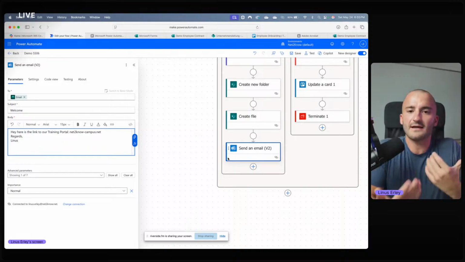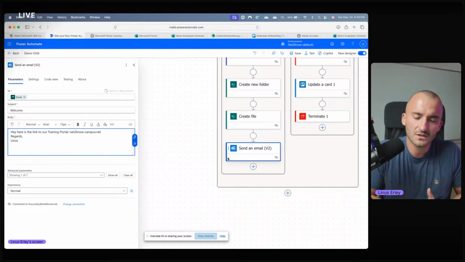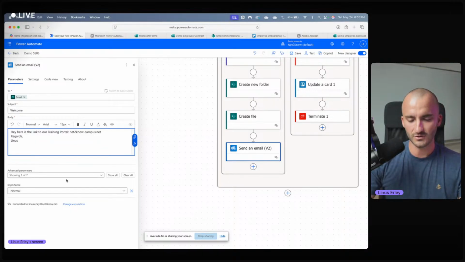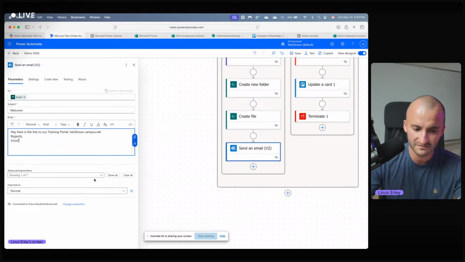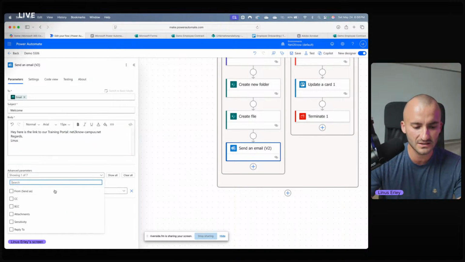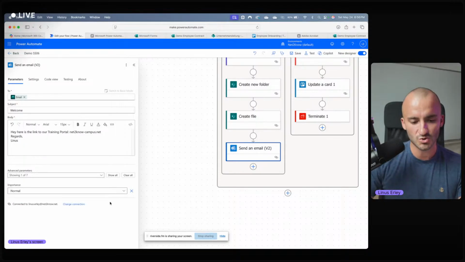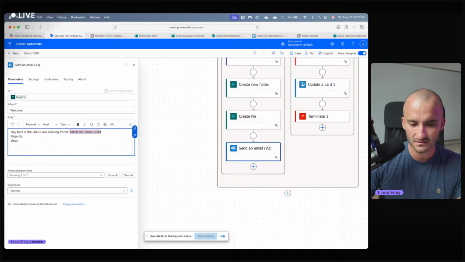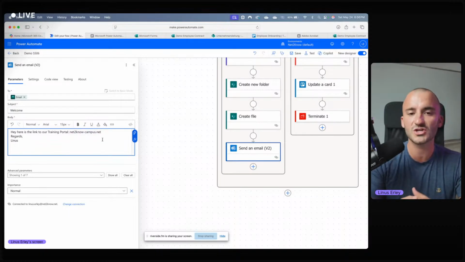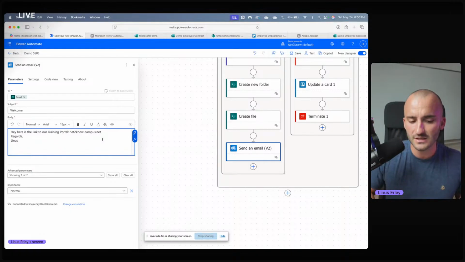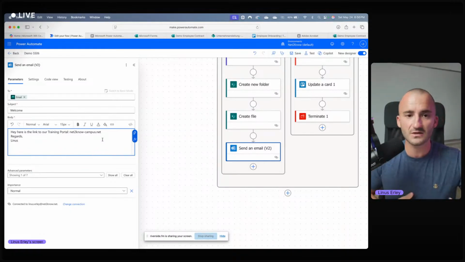You see, you can add as many things as you want for your specific process needs, right? And if you want to get advanced, you always have these advanced parameters here. You could, for example, send an attachment. That is what I used to do, right? Or you could just send the URL to something or the path to your SharePoint folder, for example. You know, if you have a SharePoint site for new employees to orient themselves, to have training materials, that's a